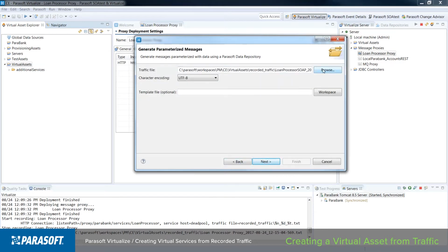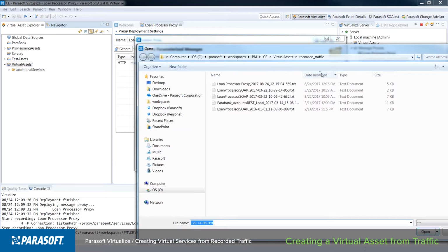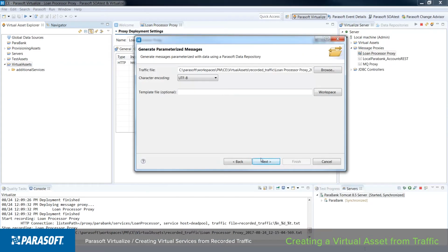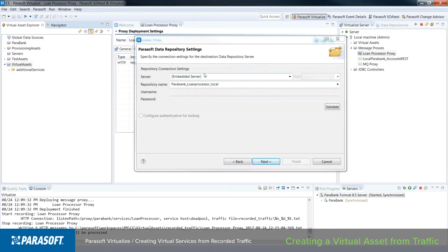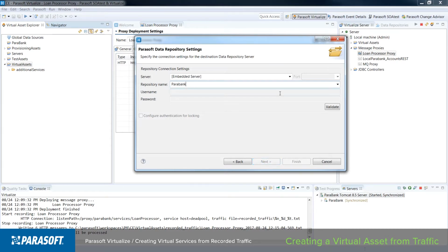And now I'm going to choose that traffic file. So I'll browse here. I'll grab this traffic file, which is this one right here, loan processor proxy, and click next. Virtualize will do the majority of the heavy lifting here. So I'm going to tell it to store the loan data into my embedded data storage area, which is called a repository. And I'm going to simply call this loan processor